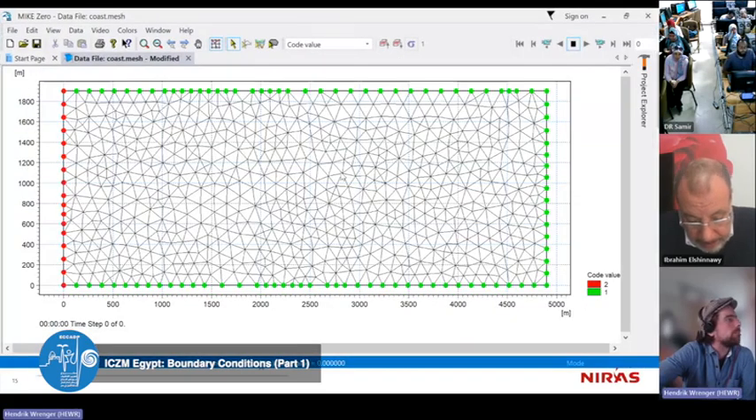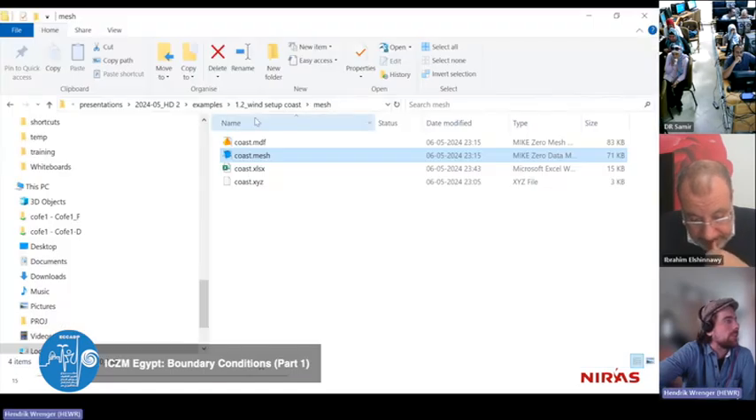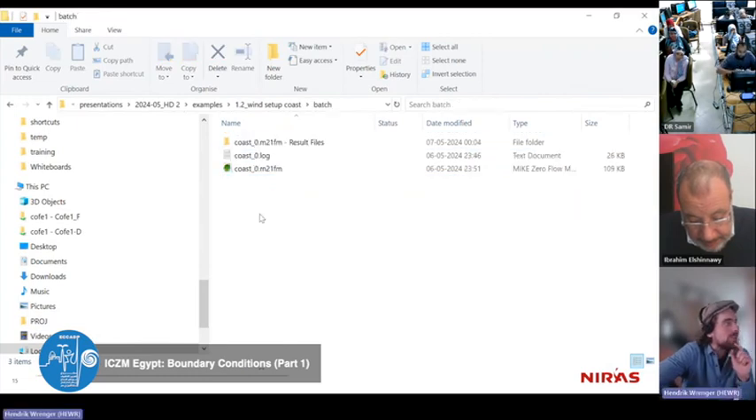Okay, now it disappeared. And that's the boundary code values I defined. So here on the eastern boundary, or the offshore boundary, 2, so we can define that in the model, and then the rest is a 1, which is the default code value for a land boundary. And I don't need to save that. So that's a mesh. And then the first step is again to set up a template,